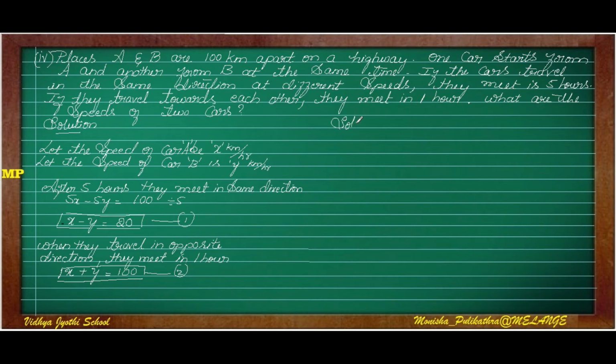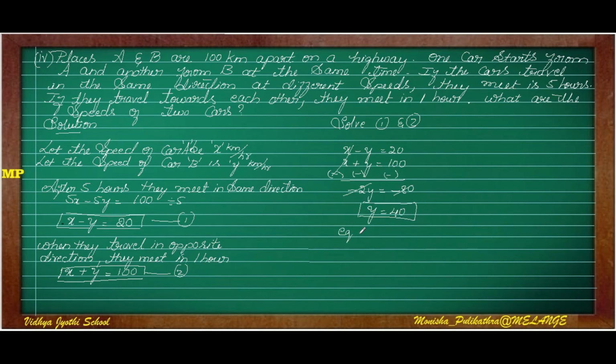So after getting the two equations, we have to solve equation 1 and 2. I will be using the elimination method. x minus y is equal to 20 and x plus y is equal to 100. So here I will change the sign. So minus 2y is equal to minus 80. So minus minus gets cancelled and 2 40s are 80. So y is equal to 40.